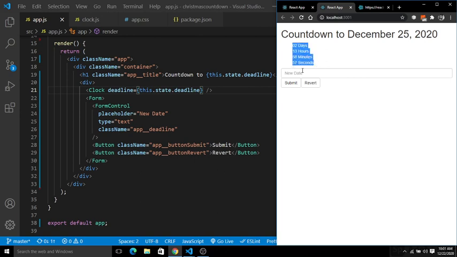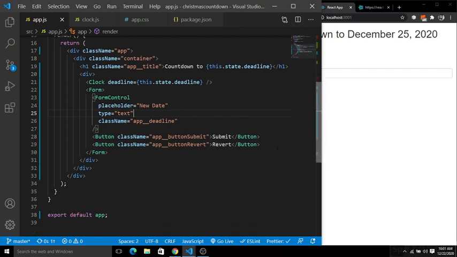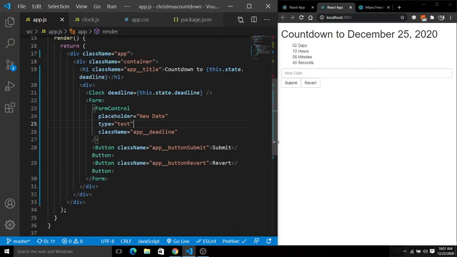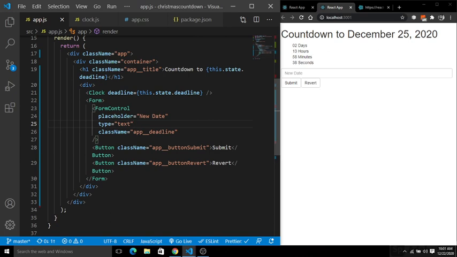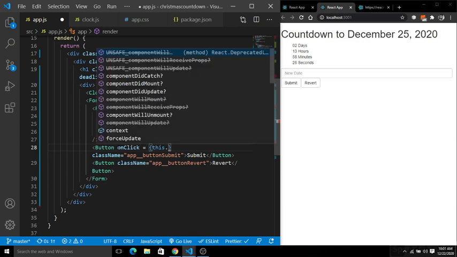Now it's time to style everything. So we are done with this countdown. You can see here we have to basically add this functionality here on submit and on revert. So for this, I am going to create a bunch of functions for the submit or for the revert. So let's go here and add here onClick, where we have to give the function. So I am going to simply create a function.